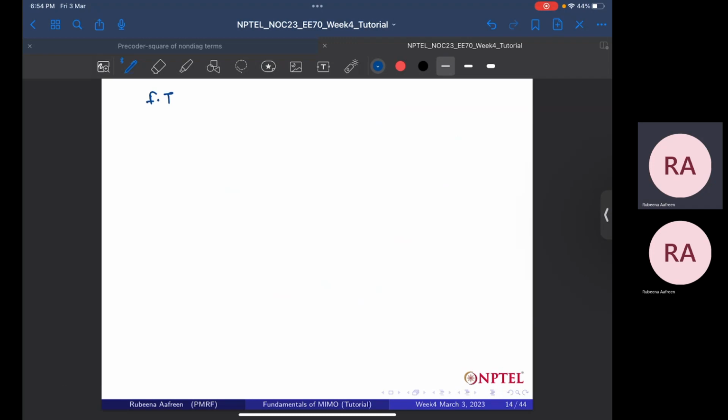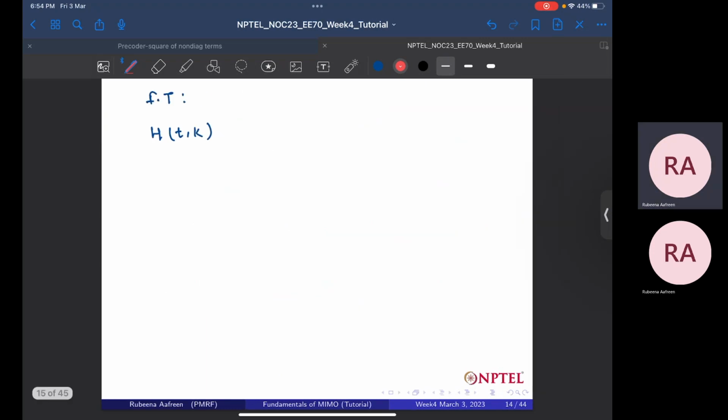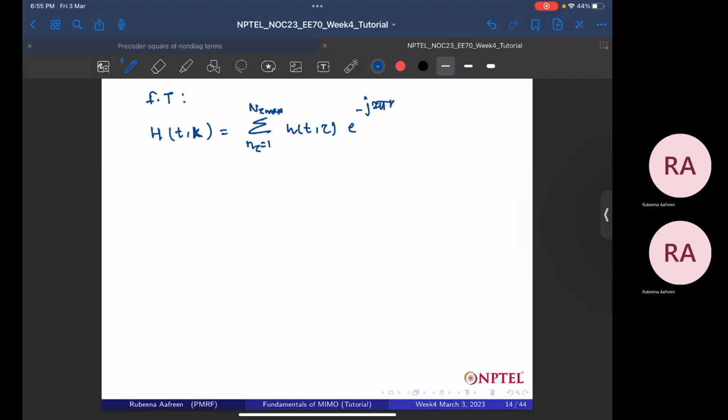Now if we do the Fourier transform of this expression, we have again the Fourier transform like we have done in the single path, single delay system. We have taken the Fourier transform with respect to tau, not with respect to t. So here also we will take it with respect to tau. So h in frequency domain will be a function of t, but it is the Fourier transform with respect to delay. So after computing the Fourier transform, the expression is